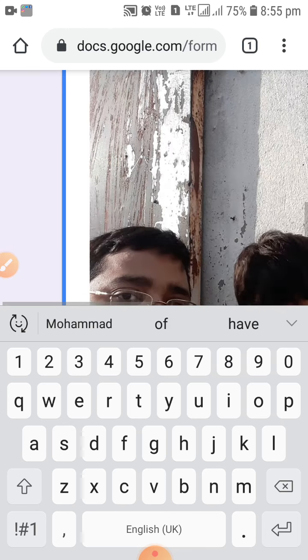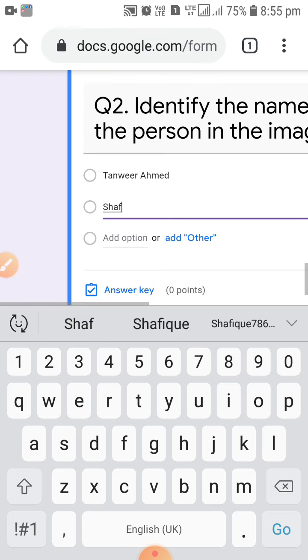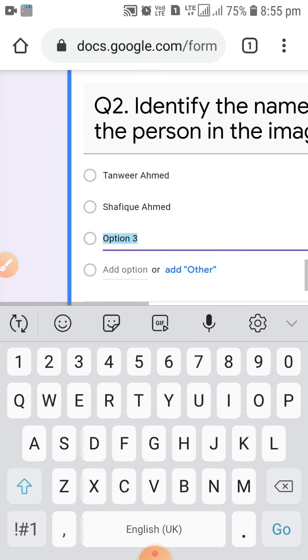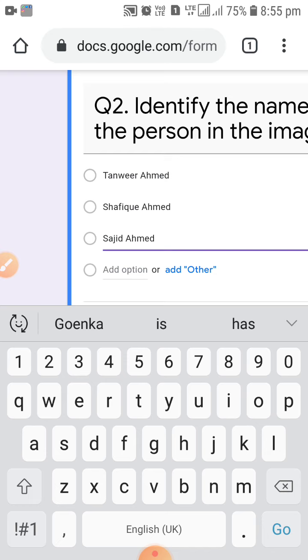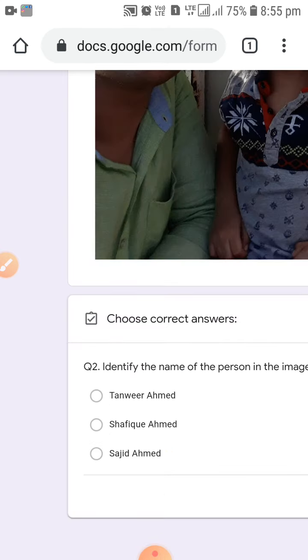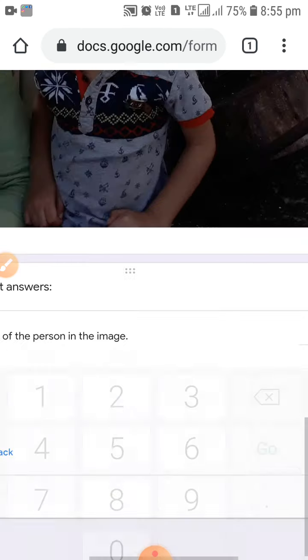Option 2, Shafiq Ahmed. And option 3, suppose Sajid Ahmed. You want to give 3 options. Then click on answer key also and click on the right answer. Shafiq Ahmed is the right answer. That is the person in the image.